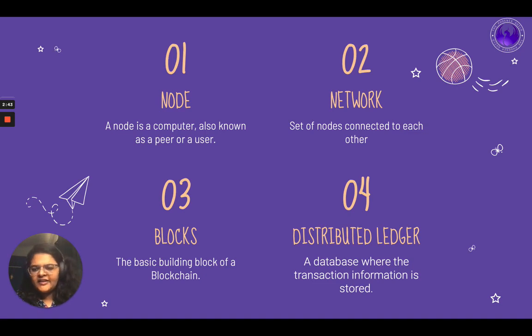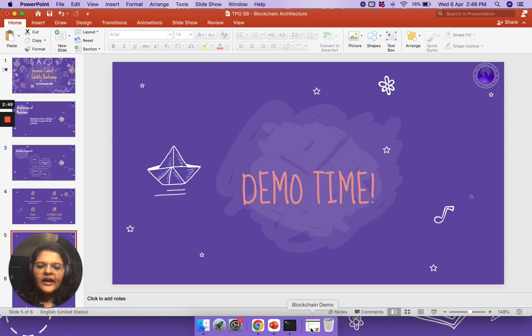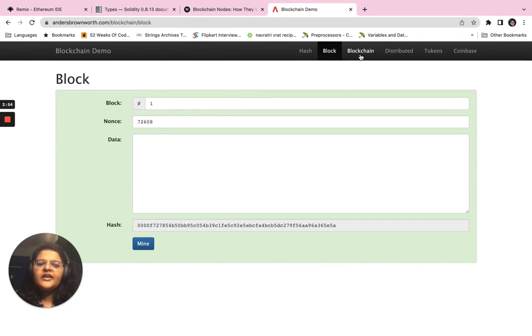To explain the blocks and the distributed ledger, let's take a look at a quick demo. I have with me a popular blockchain demo website called Anders Brown World, where you can play around with how a block and a blockchain looks like. A simple block would have some specific data associated with that block, like a block number, a nonce, which is a number only generated once, a special number used to identify a block, and each block will have some data within it. The data inside the block is nothing but a set of transactions that are clubbed together and put